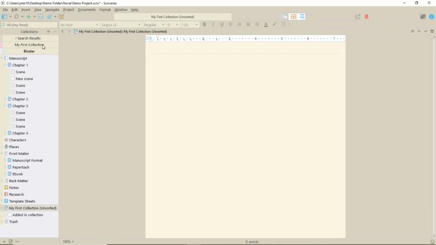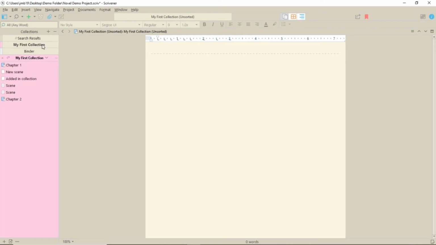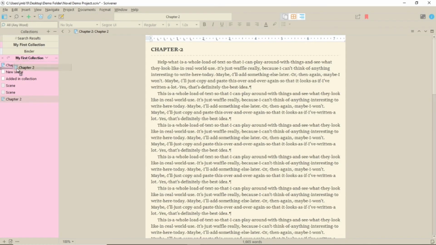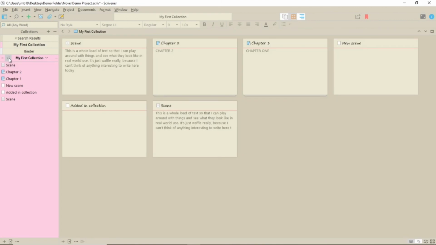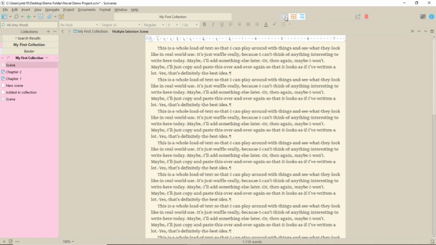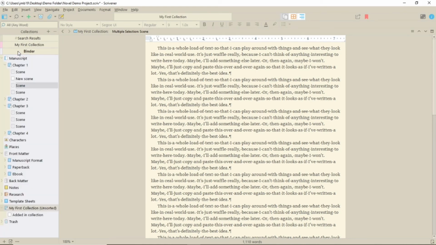You can move the items around in a collection if you're experimenting with order. If you want to see the new order in the editor, use the arrow to populate this version into the editor screen. Once again, this is not changing what is in the binder. In all things, the binder ultimately holds the control.